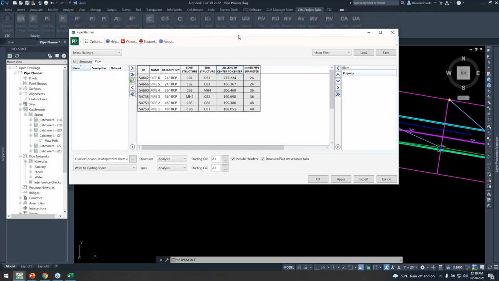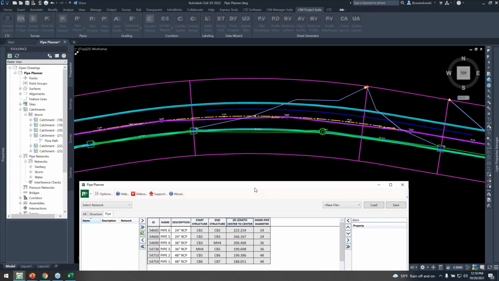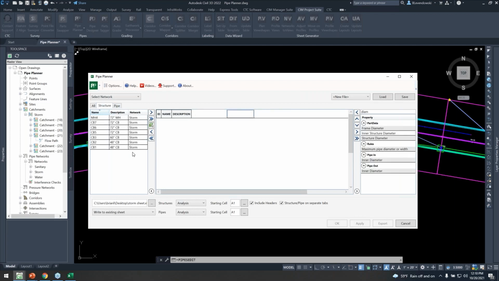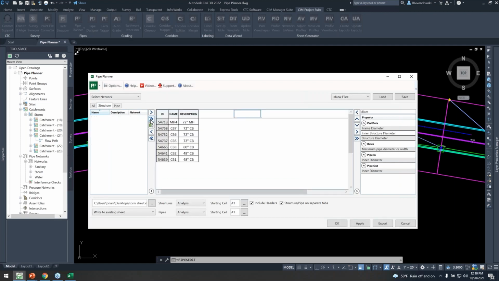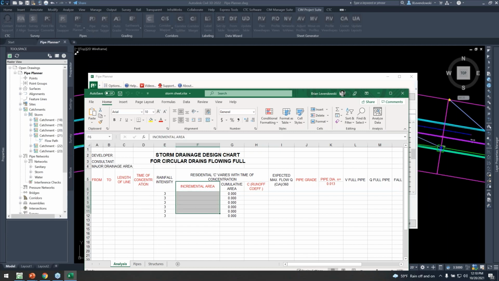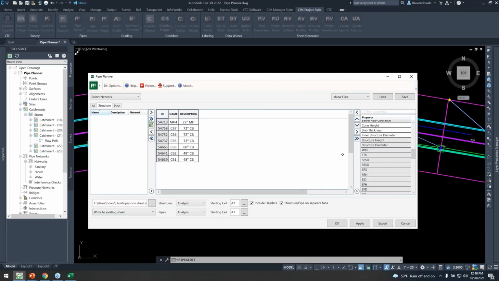Now we also need some structure information. It's basically that catchment information that is the end structure, right? We want that kind of information. Now that property is stored in structures. It's not in the pipe, so we can't access it here. But we can certainly grab all of our structures. Let's add those as part of the export. And then if I look over here, I clear out the filter. All the properties that now show up here are relevant to structures only. And of course, what do we want? We want to make sure we get our time of concentration, our area, runoff coefficient,